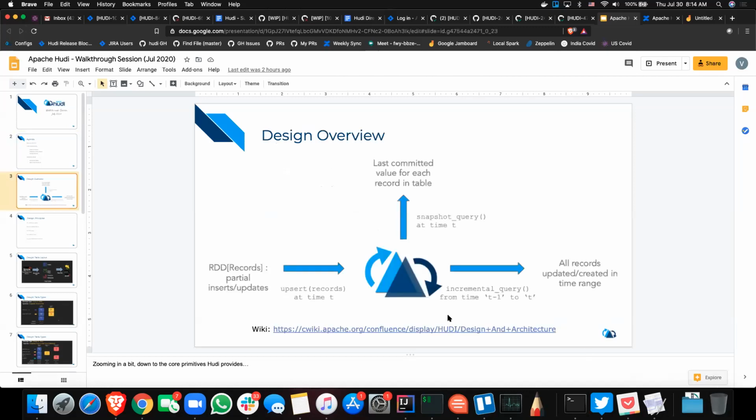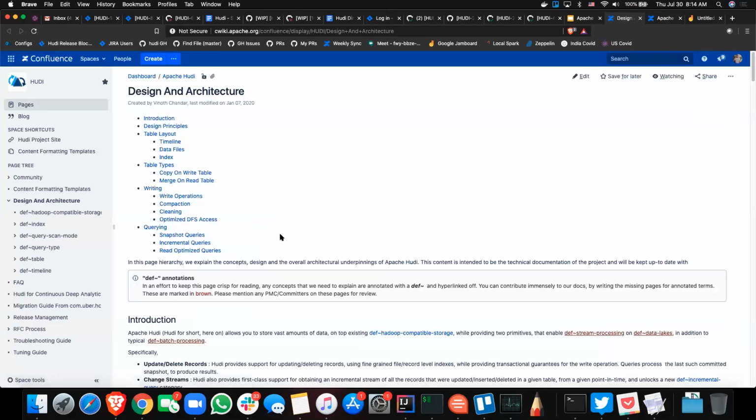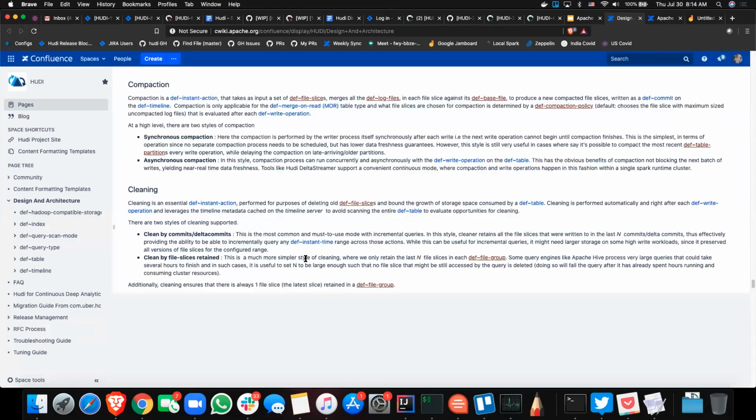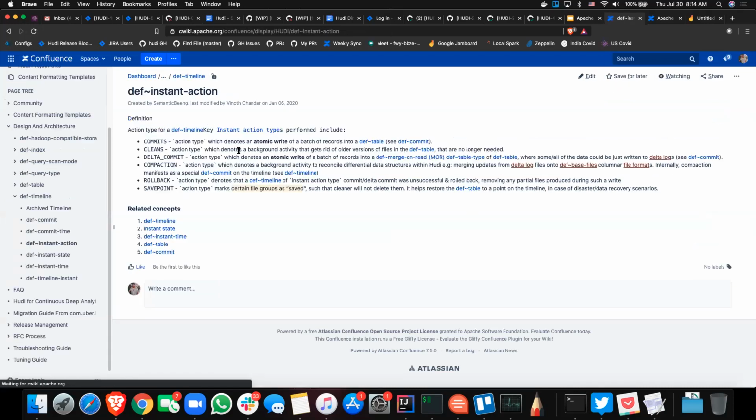So at a very high level, I think this diagram is borrowed from this page. If you haven't looked at this page, I encourage you to do that. If you look at it, it outlines all of the design principles of the project. As much as possible, we've also tried to explain the terms that we use everywhere. So if you look up what an instant action is, you'll see a definition for what that means. So it's a good interactive way to learn the jargon in the project,